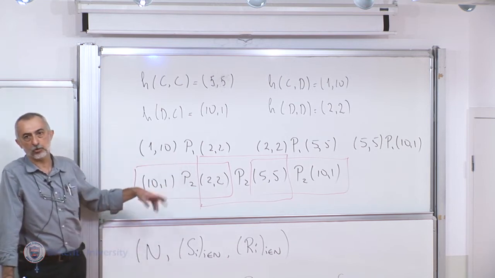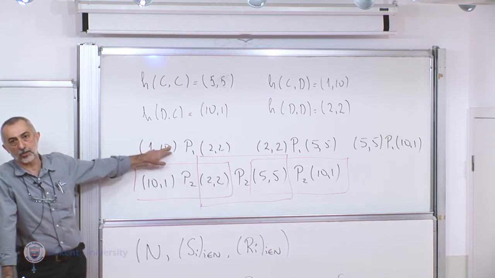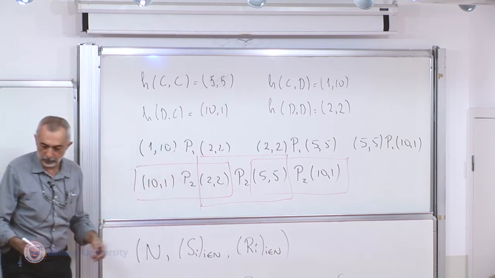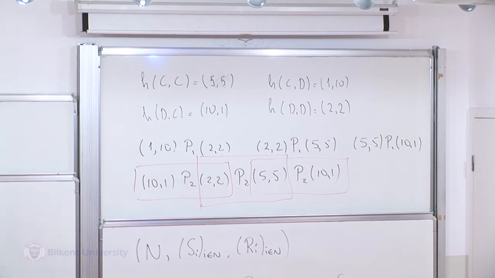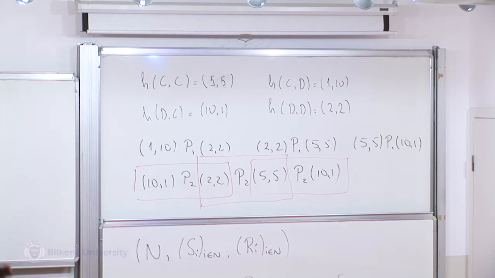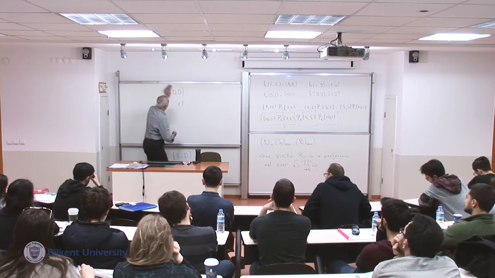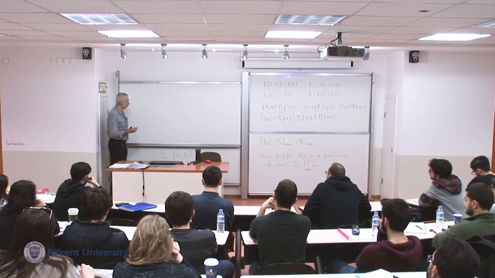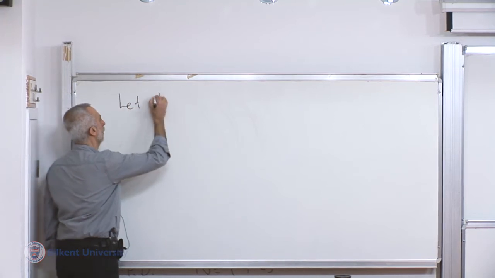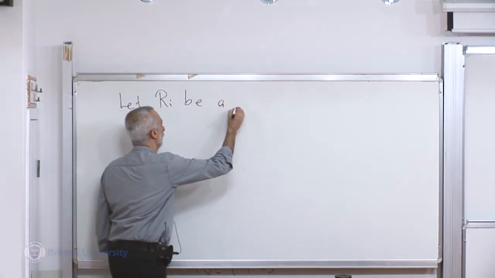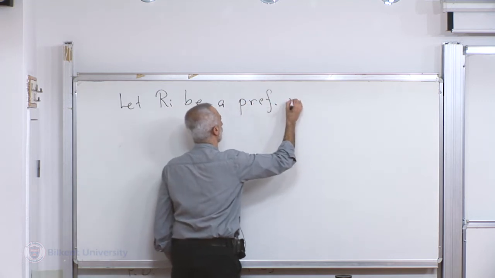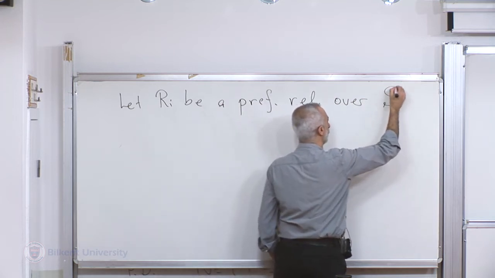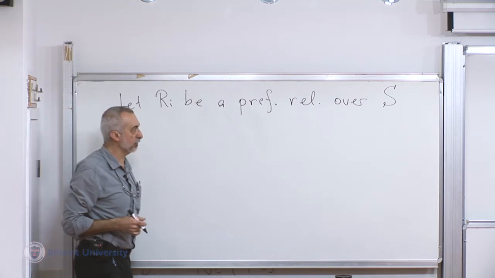So as economists, what we usually prefer is to use numerical representations of preferences rather than preferences themselves. What I call numeric representation is mostly what is called utility functions or payoff functions. So let me repeat the definition that I gave last lecture. This time, rather than using outcomes, I'm going to use strategy profiles. So let Ri be a preference relation over, well, any set, but the set that we're interested in here is the set of strategy profiles